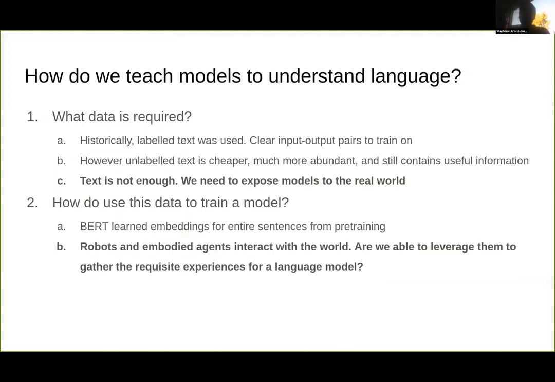So this brings me back to, okay, how do we teach models to understand language like we do? And I think the core of that for me is we actually have to provide language models with the experiences that we have so that they can develop the concepts that we have, so that when we speak utterances, they can retrieve those concepts and actually understand what we're saying. And to me, the best way to do this is through robots and embodied agents that interact with the world.